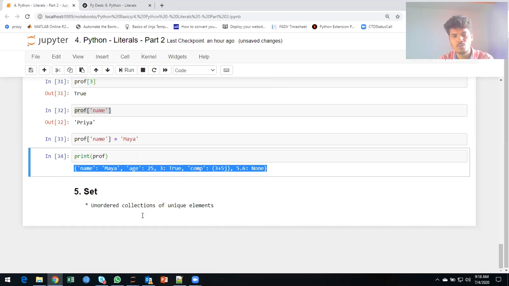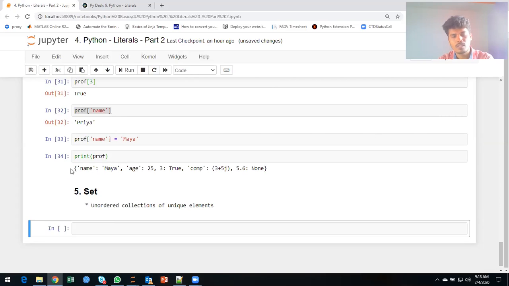And let's move on to set. This is the last collection we are going to see in collection literals. And set is a unique collection. It is an unordered collection. And let's go with the examples. Okay, set. I will go with set something like